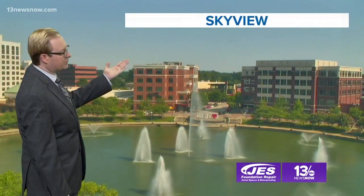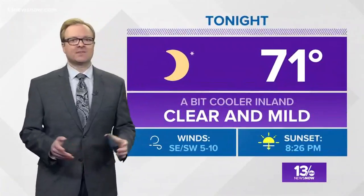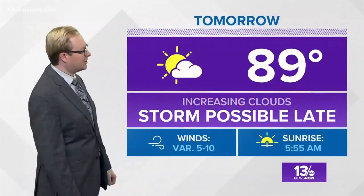Outside right now, beautiful blue skies on the peninsula. Our LFCU camera up in Newport News, 87 degrees, winds out of the northeast at 6 miles per hour. It's 89 in Surrey, 87 in Ahoskie, 92 in Gloucester, 90 in Hertford, 87 in Hampton, 76 cooler down at Duck. So for tonight, a bit cooler inland, otherwise mainly clear skies, around 71 for an overnight low, and increasing